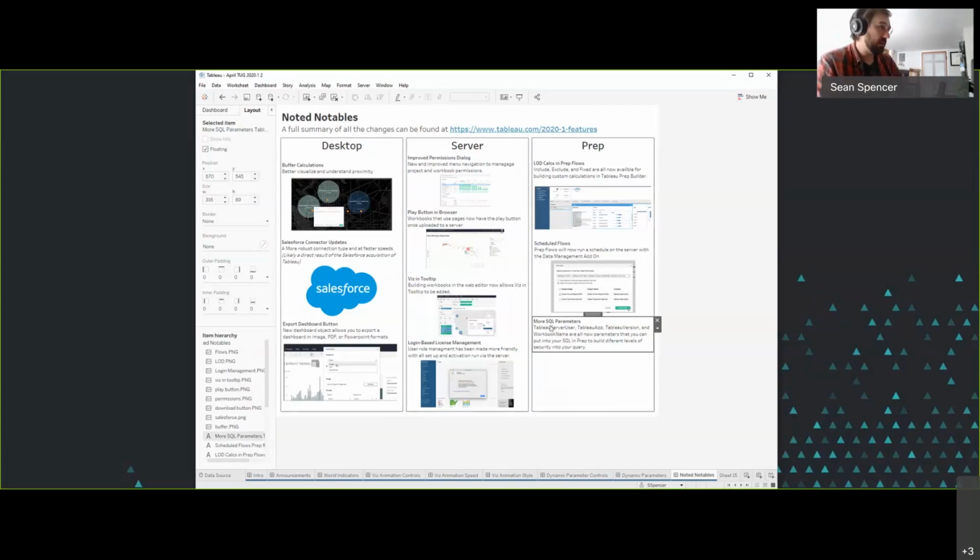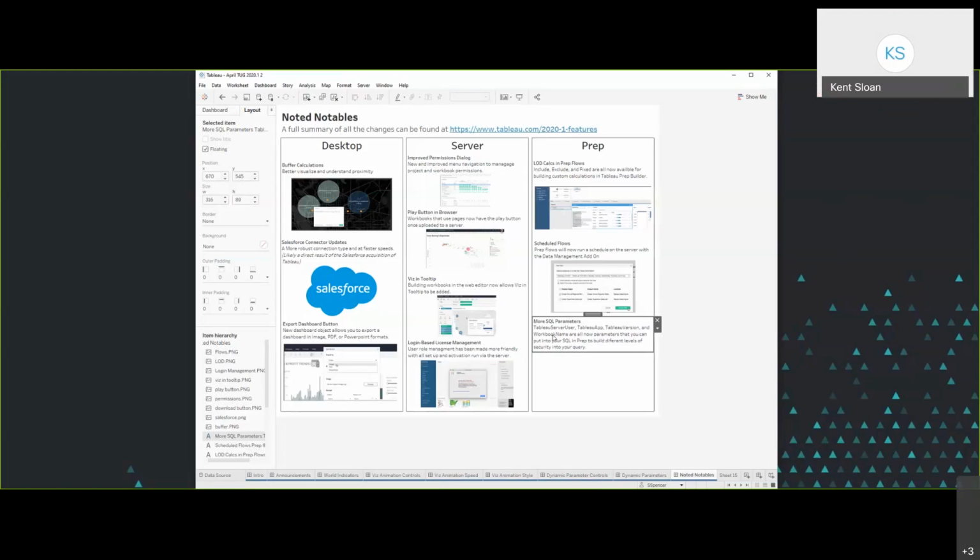So there's the four new Tableau specific parameters that you can now plug into the prep environment to drive more unique queries. Was that what your question was about? Yeah. It's talking about the SQL parameters.